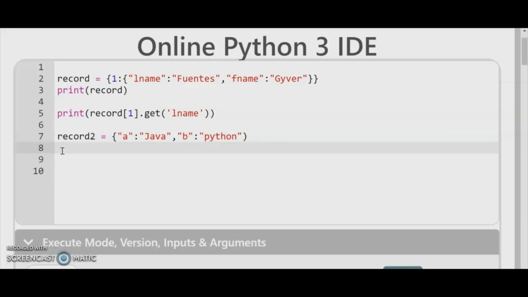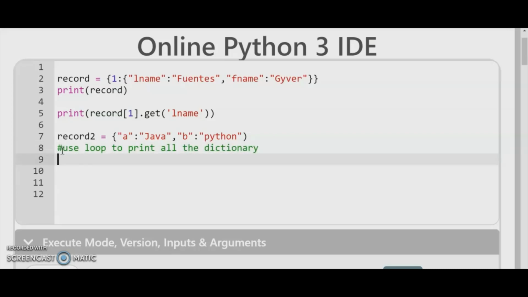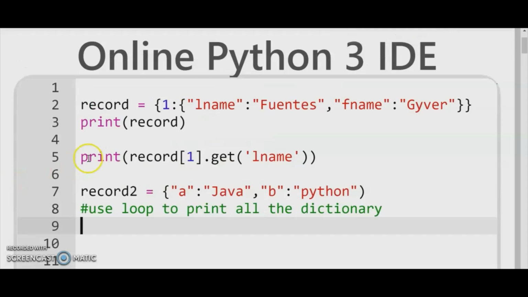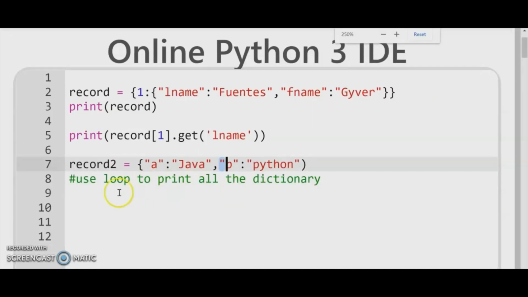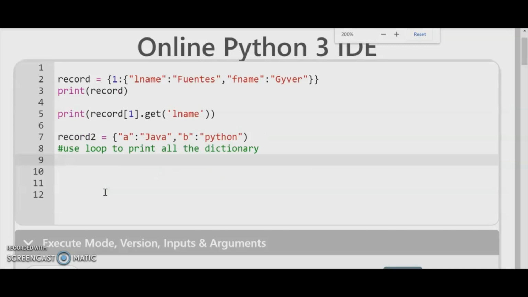Now, if you want to print this, of course, we can use a loop statement to print all the dictionary. How to use the loop command? As you can see, we have the keys A and B, and we have the record, the values. If you want to print this using the loop statement, you can use for x in